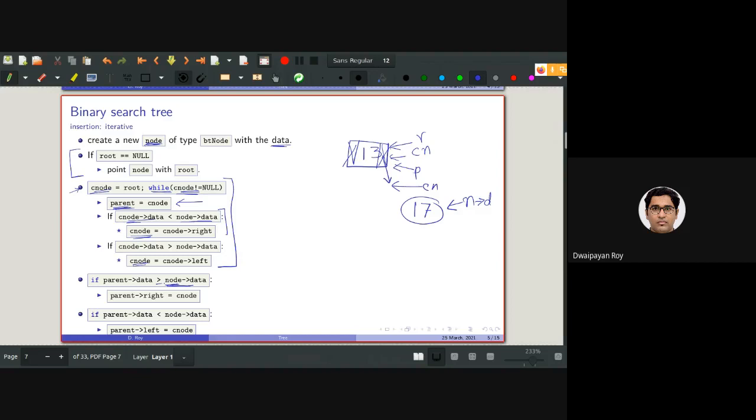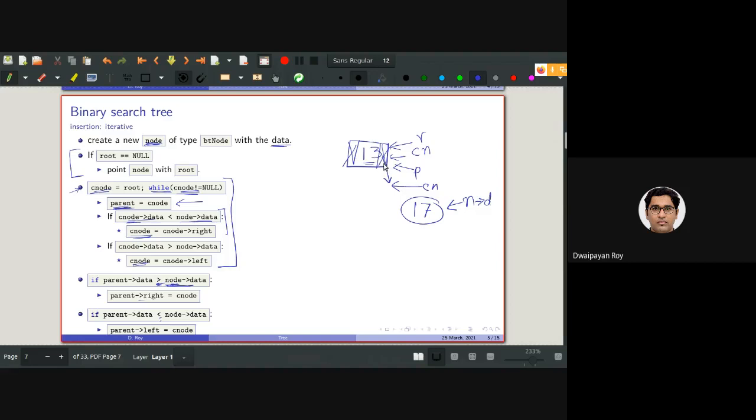So based on this condition, whether the value stored in parent is greater than or less than, we'll be storing the new data or new node either as the right child or the left child respectively. So now for this case, parent is still pointing to 17. So I need to check whether parent data, that is 13, is greater than node data or not.